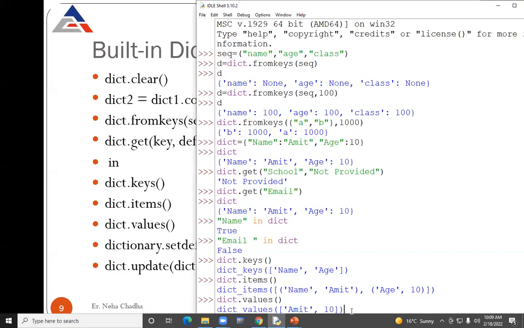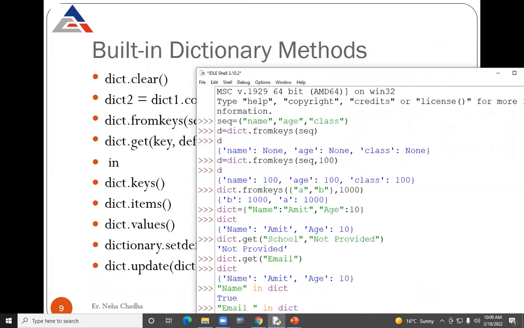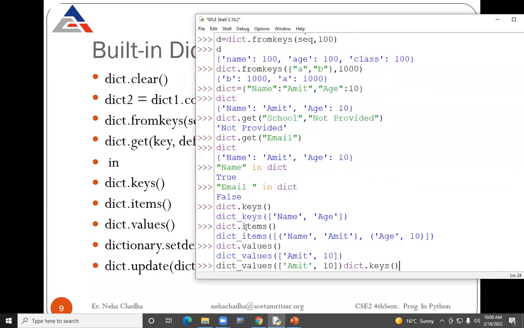But if the key exists, this parameter has no effect. If the key does not exist, then this value becomes the key value. Okay. So to check this, you may use, let me show you over here,